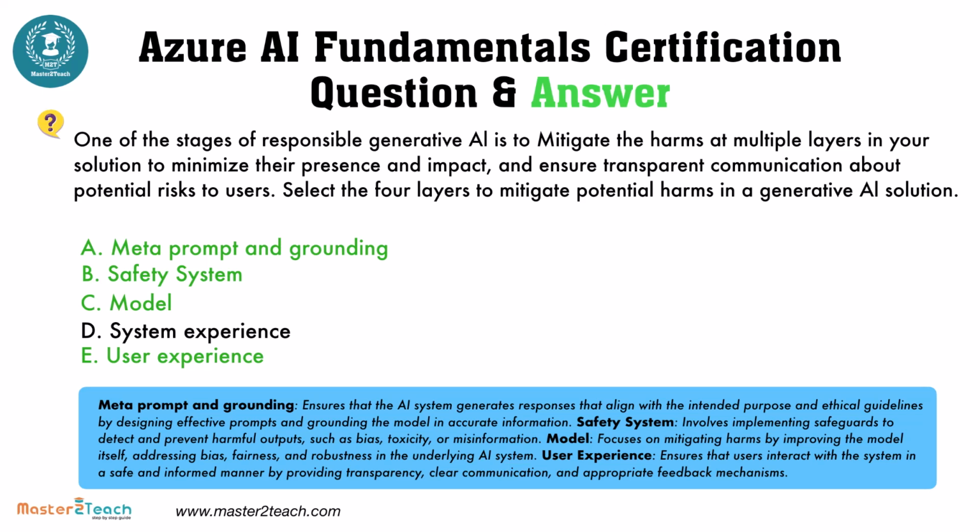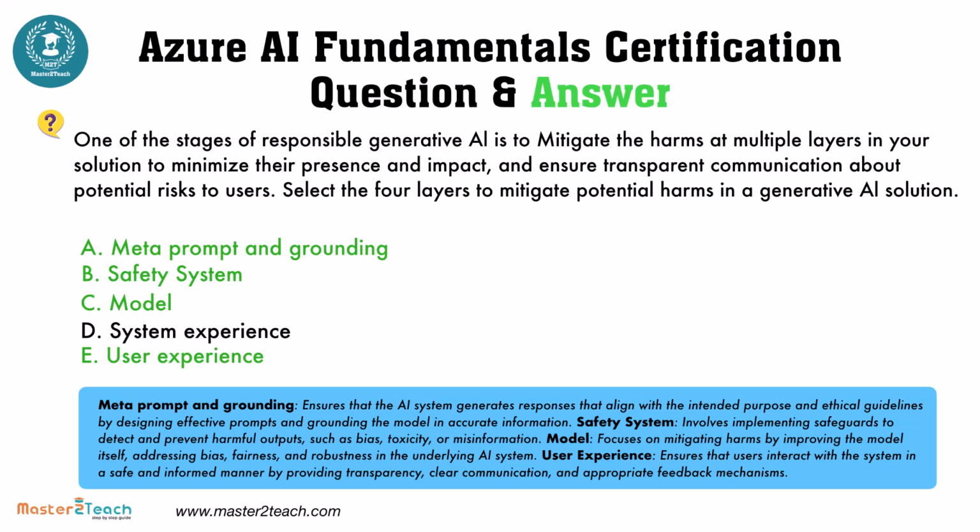Safety system involves implementing safeguards to detect and prevent harmful outputs such as bias, toxicity, or misinformation. Model focuses on mitigating harms by improving the model itself, addressing bias, fairness, and robustness in the underlying AI system. User experience ensures that users interact with the system in a safe and informed manner by providing transparency, clear communication,